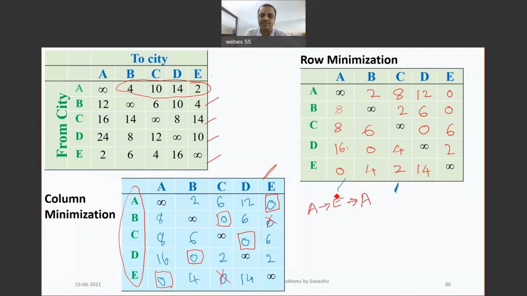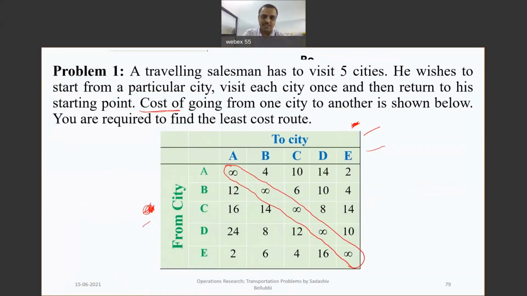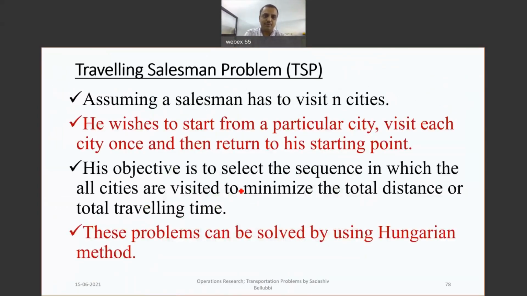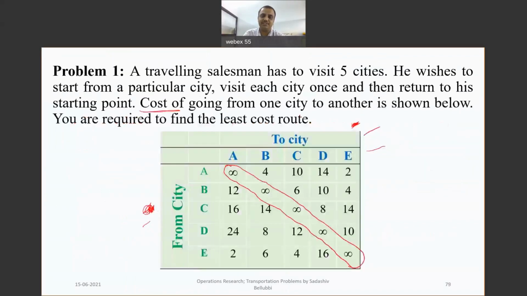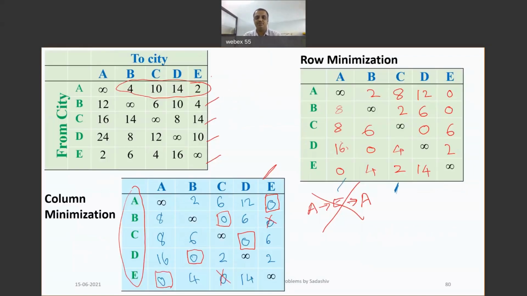So it means that whatever you have assigned is wrong, because what is the condition of the traveling salesman problem? His objective is to visit all the cities to minimize the total cost, and he should not visit the same city twice. It means that whatever we have assigned here is wrong. Then how to assign here? We need to assign in such a way that